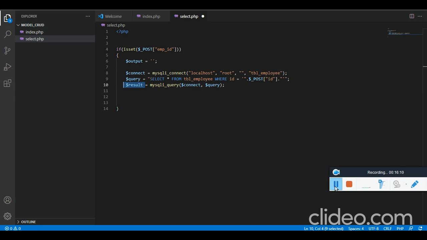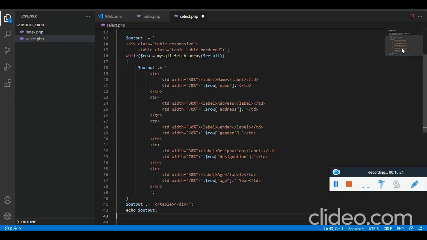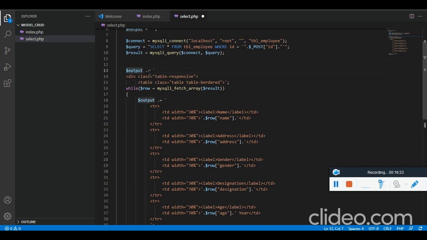So for that, let's call one row we will get, but on the row we will be having multiple columns. The output we are assigning the value on the output variable. So before that, let's call the table and run the while loop, and the row is an array which is going to have the column names.